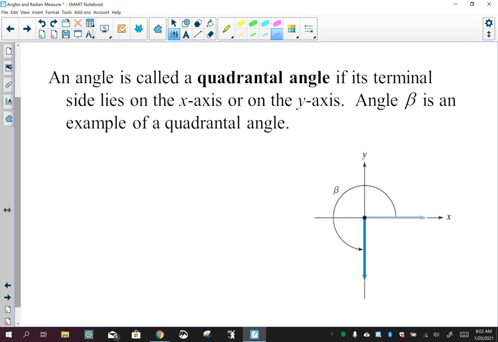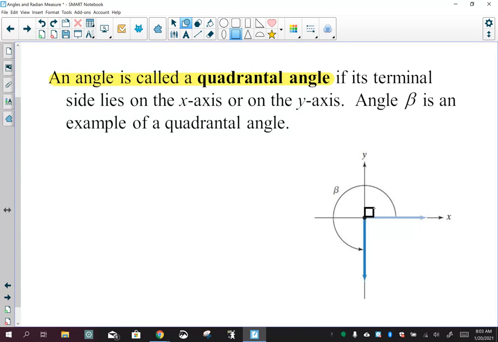All right. There are special angles within the angle family. If you have a terminal side that winds up on one of the axes, that angle is called a quadrantal angle. So if it winds up on the x or y axis, that's what you're looking for. And if you remember, when you create your xy axis, first off, what you need to remember when that happens,